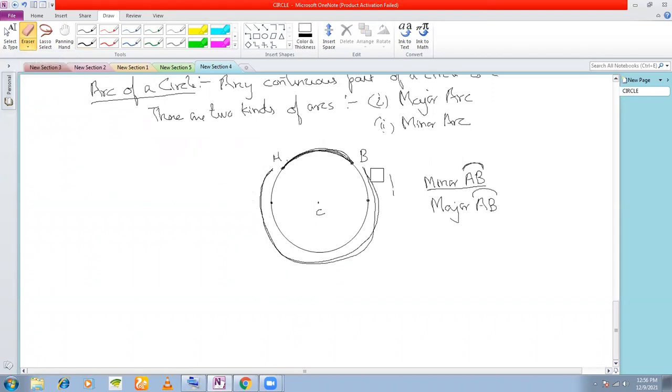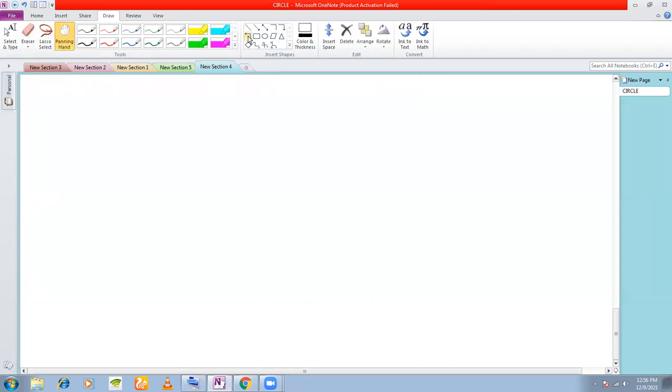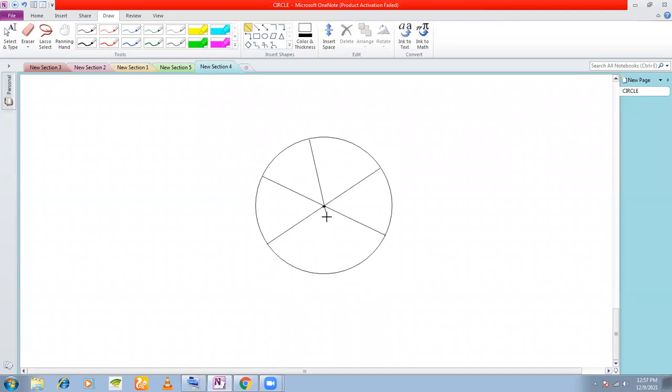Excuse me, sir. Sir, how can there be an infinite number of diameters? If we keep on drawing diameters, then at some point the circle will get fully filled. But how can it be infinite then? Can you count? Can you draw one circle in which you can count the number of diameters? Tell me, how many are there? See, 5 I have drawn. And how many else can I draw? I can draw so many, right?